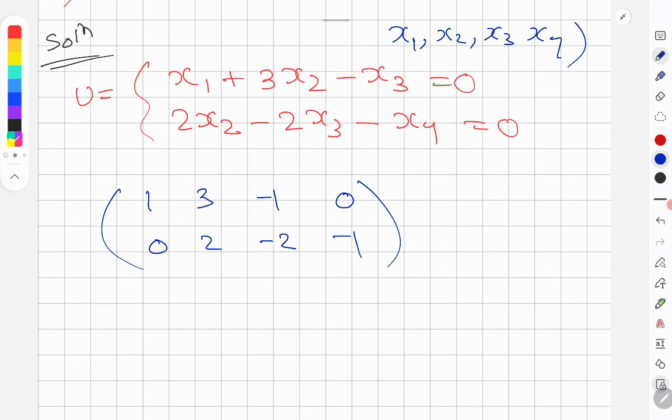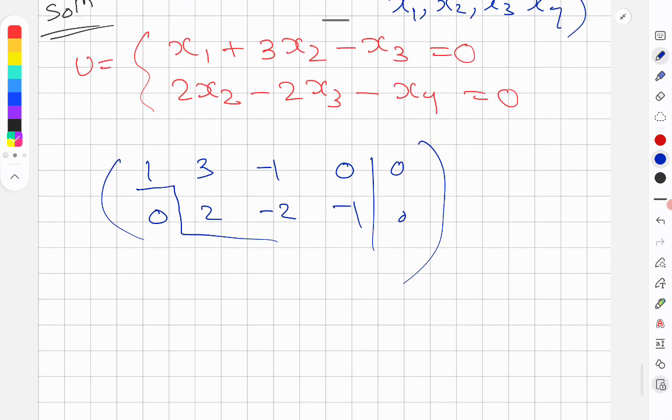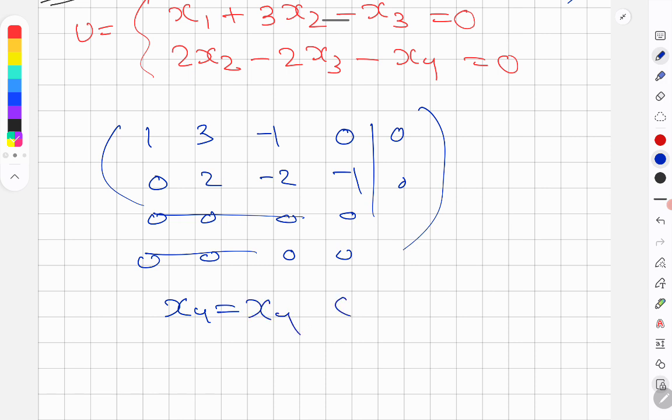You don't have to write the zeros like here. It's okay, but since it's a homogeneous equation, you can skip it as well, doesn't matter. So it's already in row echelon form, so you don't need to do the steps. The steps are already there for you. That means there are 2 other rows which are 0, because it has 4 variables, right? x1, x2, x3, x4. So I can say that x4 is equal to x4, belongs to R,